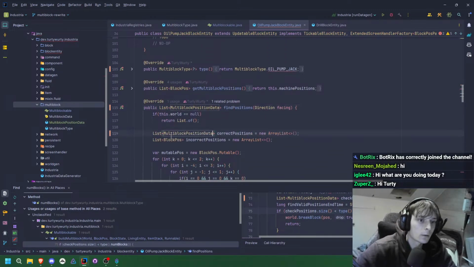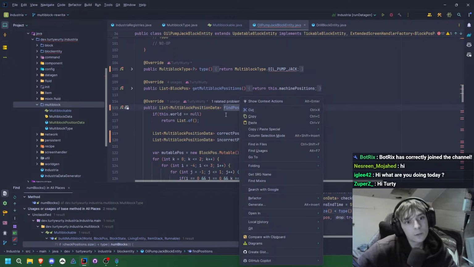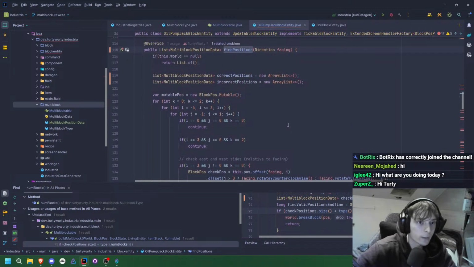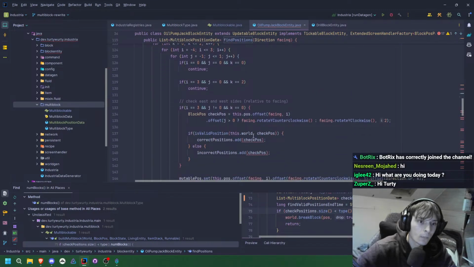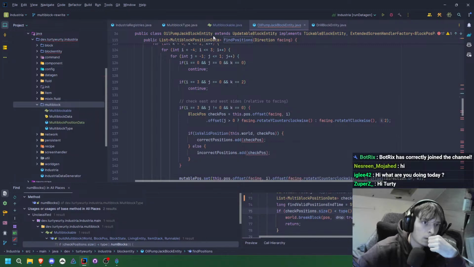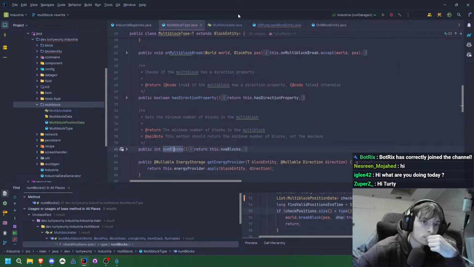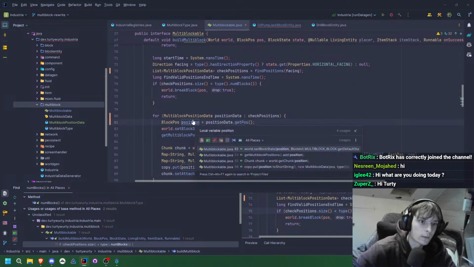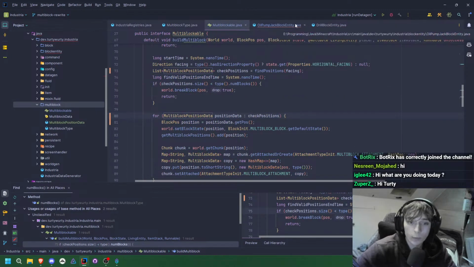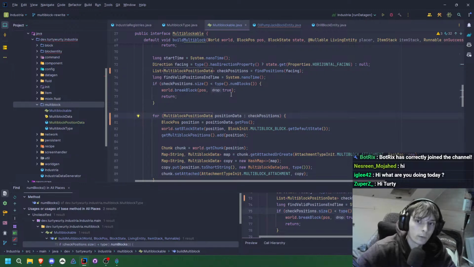This is the problem with this. I guess find usages is only actually called when it's placed down, so it's not that big of a deal. Yeah, it's really not that bad, I guess. Let me just go back to so the constructor just takes in a pos. It's literally just a pos. So what I would do then